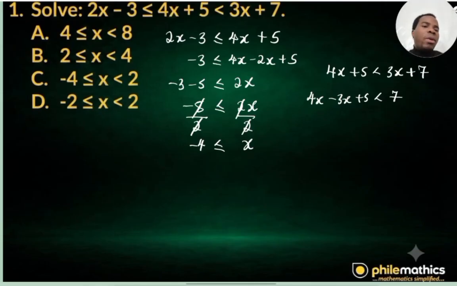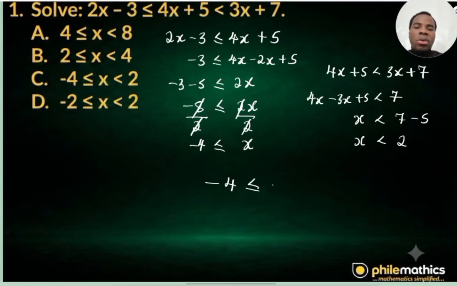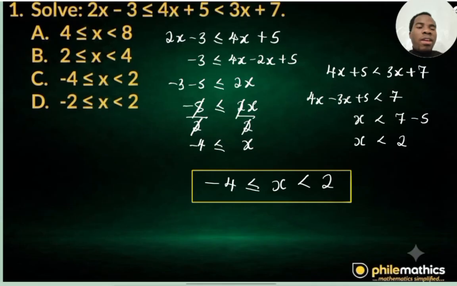And now the next thing I want to do is to subtract 5 from both sides. 4x minus 3x is simply x, and 7 minus 5. So I have x is less than 7 minus 5, which is simply 2. Now for me to combine these two, I have that minus 4 is less than or equal to x, and x is less than 2. So x is simply less than 2. This is what the final answer is, and that is exactly